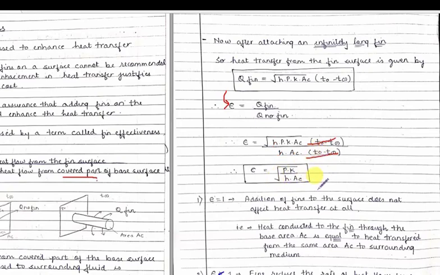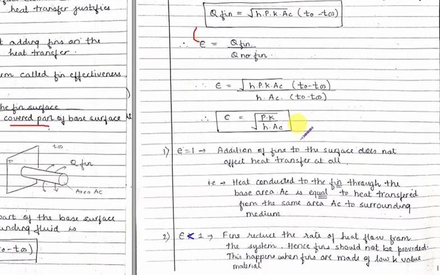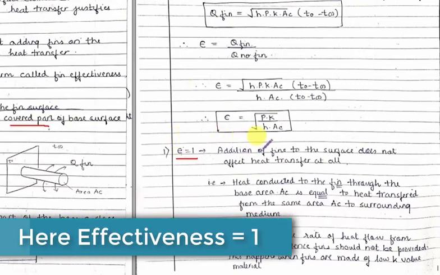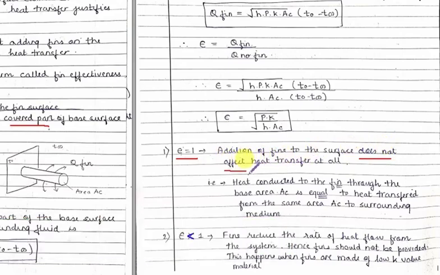Now what you understand from this formula is very much important. So what conclusions can we draw? We will see from this formula what the performance of the fin is. If the effectiveness is less than 1, addition of fin to the surface does not help heat transfer. Right? This is very much important. If effectiveness is equal to 1, then if we add the fin, the heat transfer is not increasing, and it is also not decreasing. So it is neither enhancing nor decreasing.